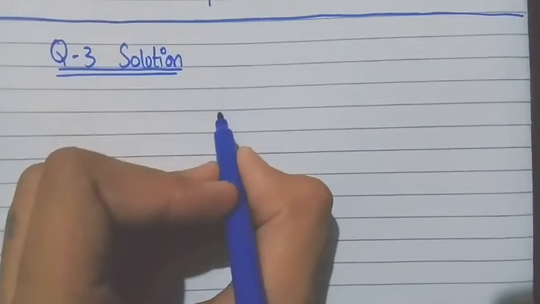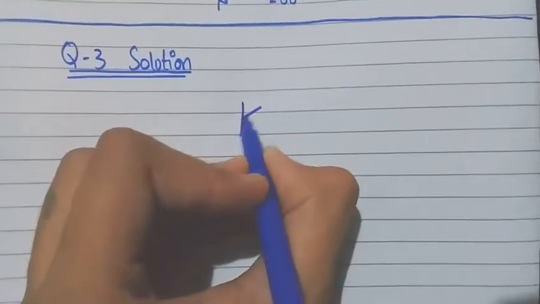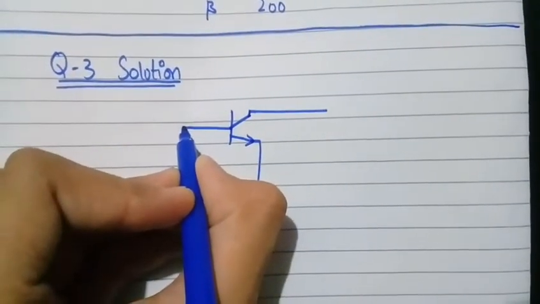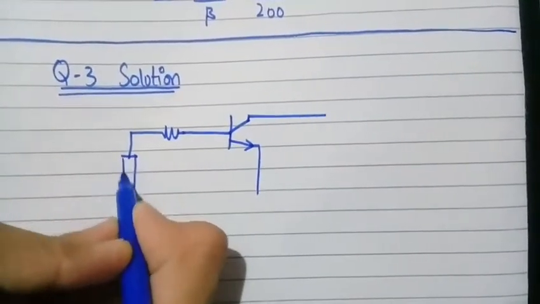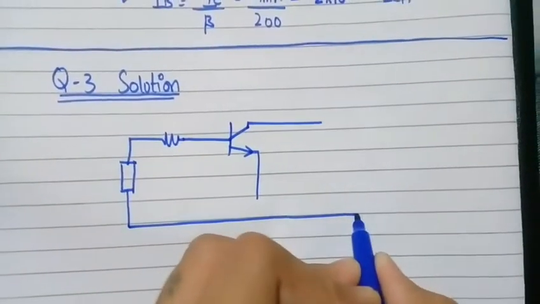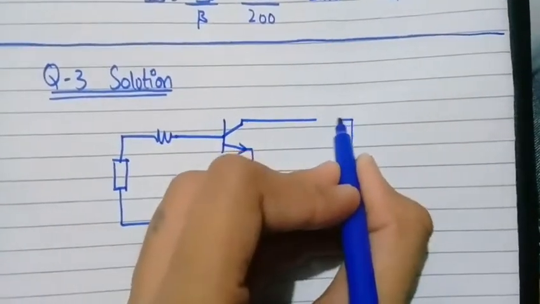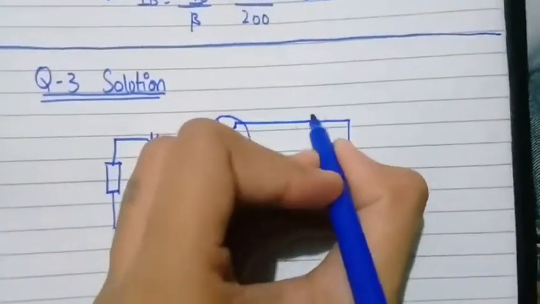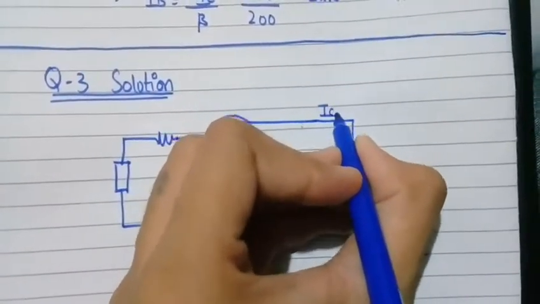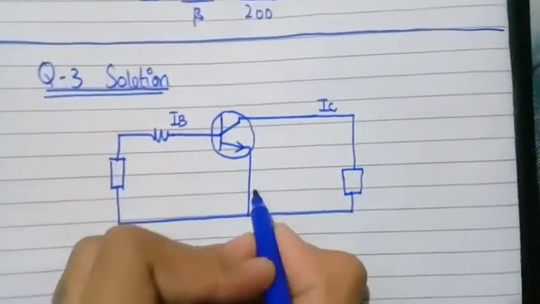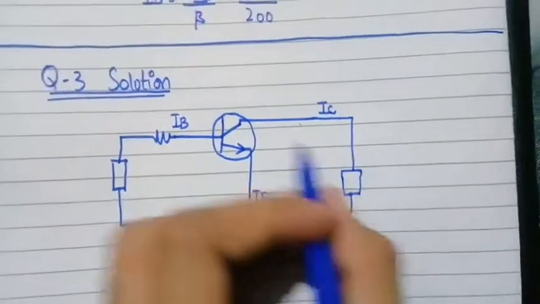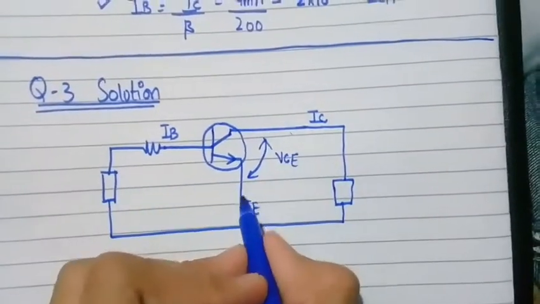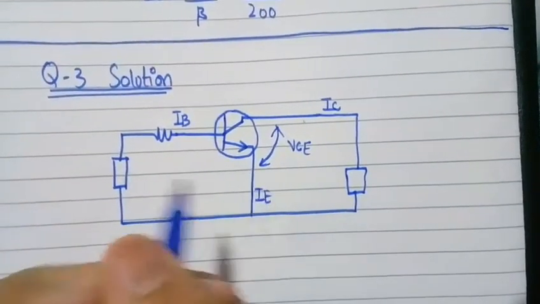The transistor is there, there will be a battery, and there will also be a battery of collector, and this will be our transistor. So this will be the collector branch. So IC will flow over there, and IB will flow over there, and IE will flow over there, and this junction is present, and this junction is VCE, because this is collector and this is emitter, so the junction is VCE.